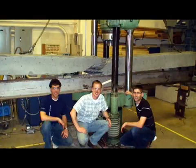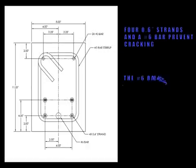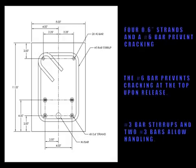We are the BYU Big Beam Competition Team, and we present to you our beam for 2011. With little to no experience in concrete mix design or pre-stressed concrete design, our team designed an 8-inch wide by